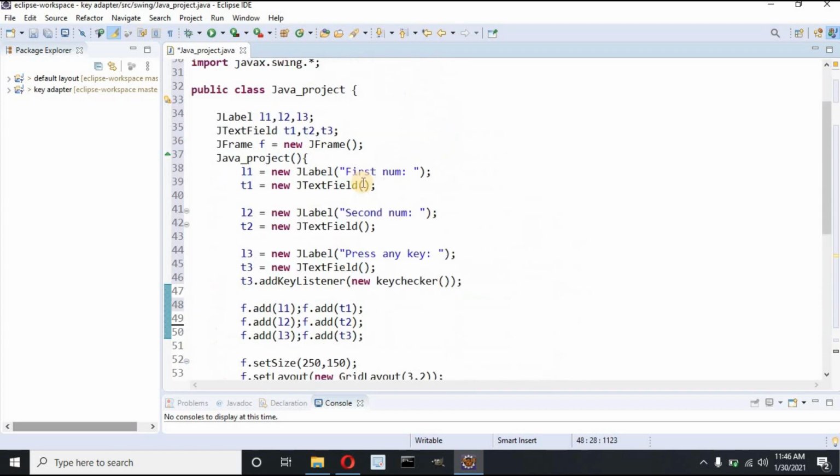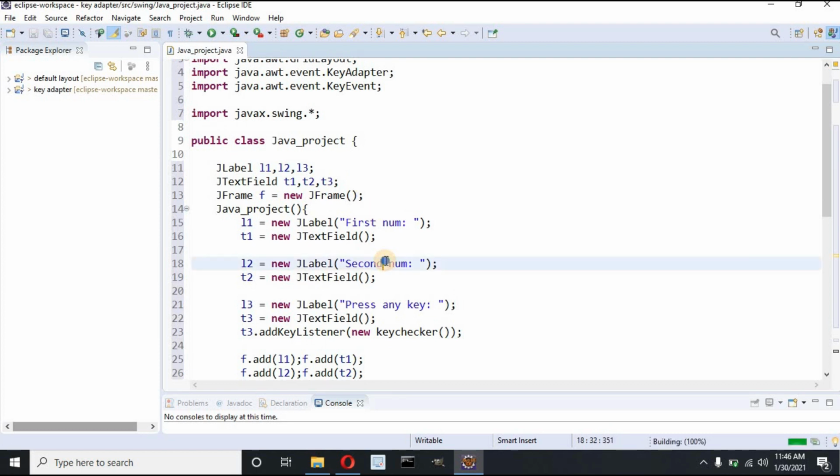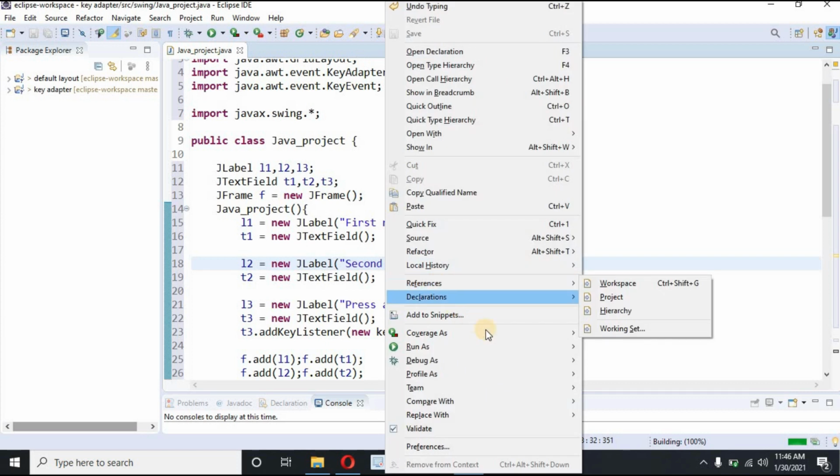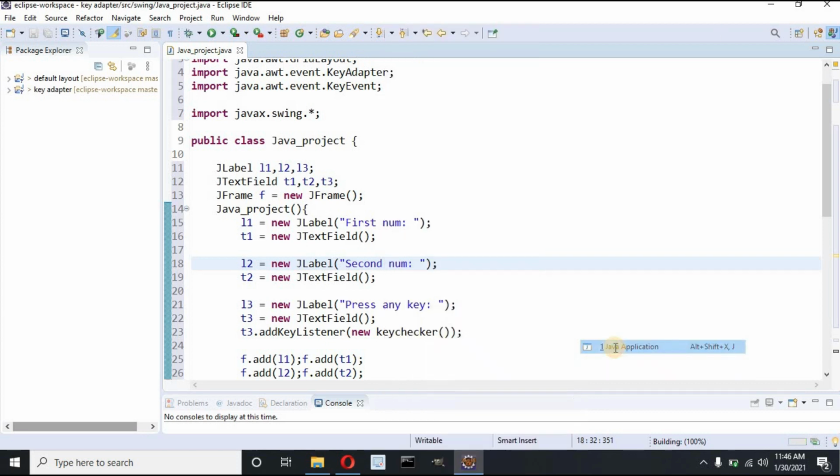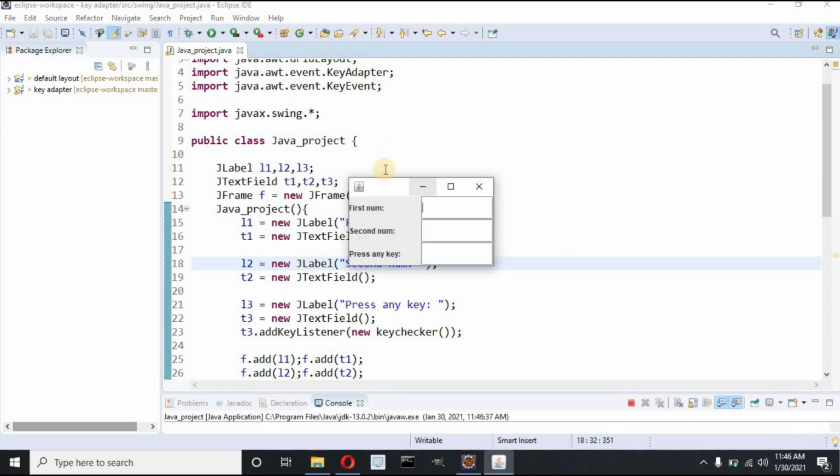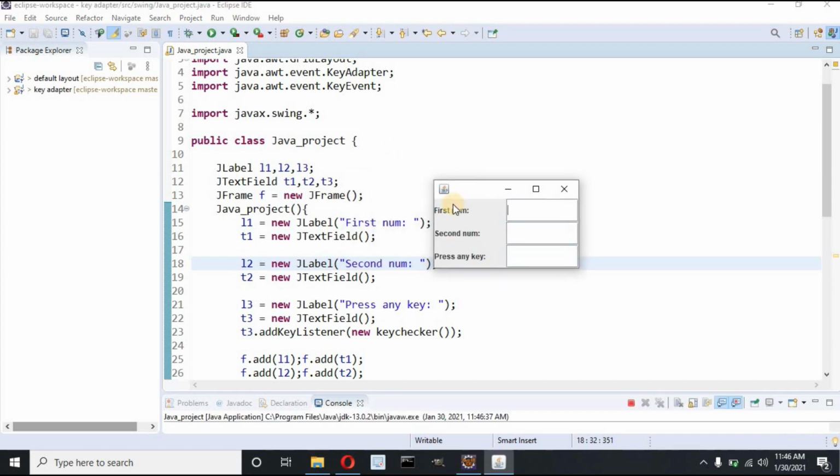Now let me execute this code, then only I can explain you clearly. Run as Java application. This is my frame, and this is label L1, label L2, label L3, text field T1, text field T2, text field T3. Now suppose my first number is 56, and my second number is 45.